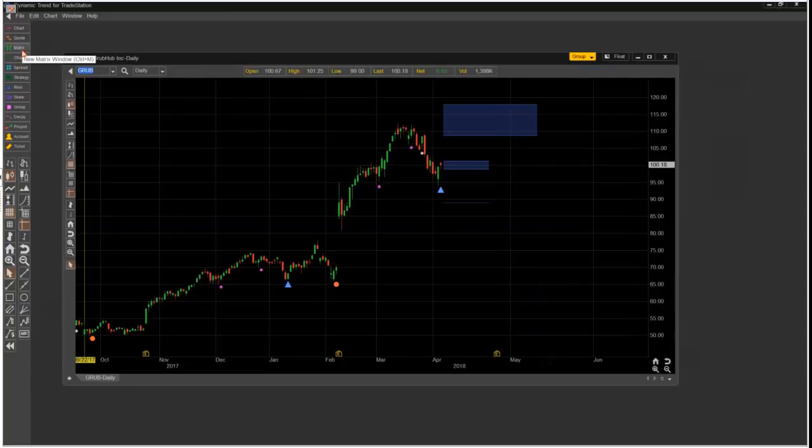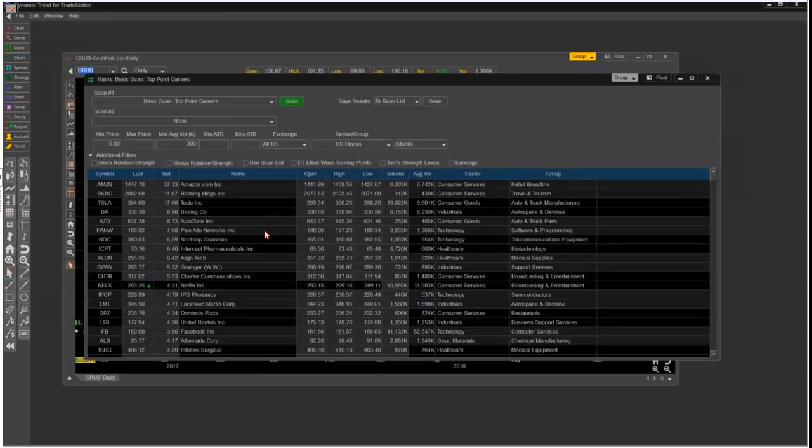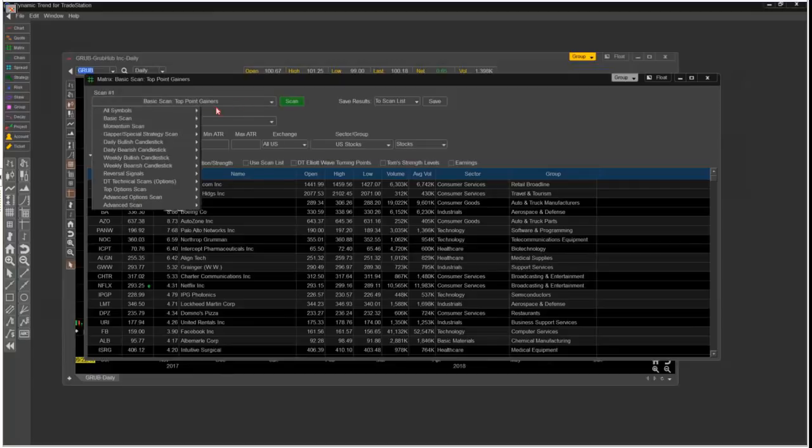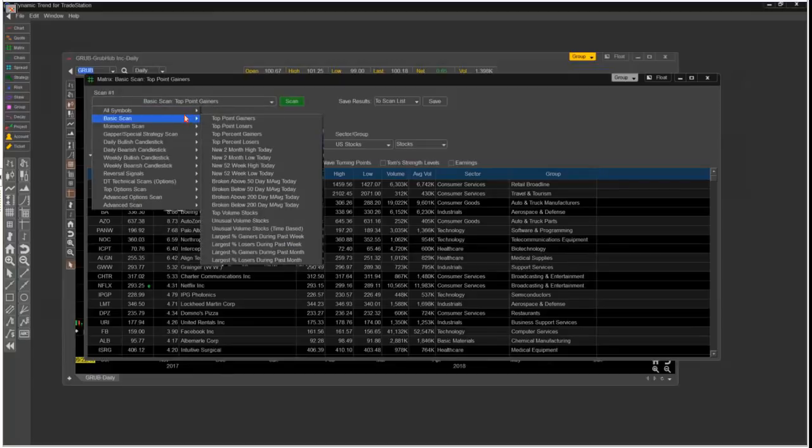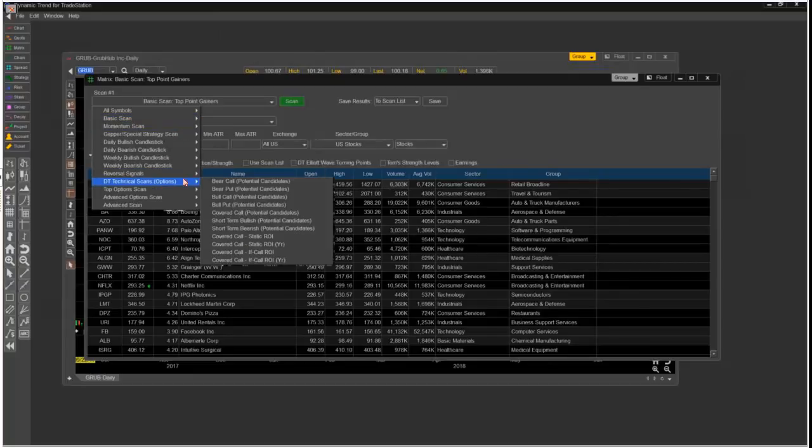I'm going to go into my matrix. Our matrix is our scanner. This is a real-time scanner, which allows you to scan the market for all kinds of different types of technical analysis, breakouts, candlesticks, options, all kinds of different things. And one of the things that I'm going to do is scan for, in this particular example, I'm going to scan for